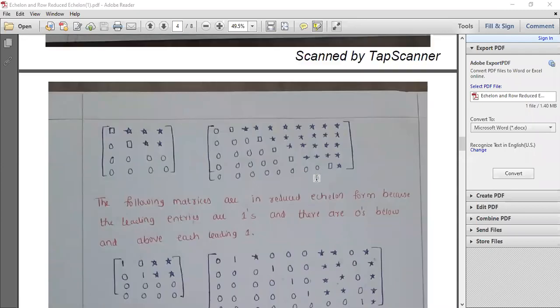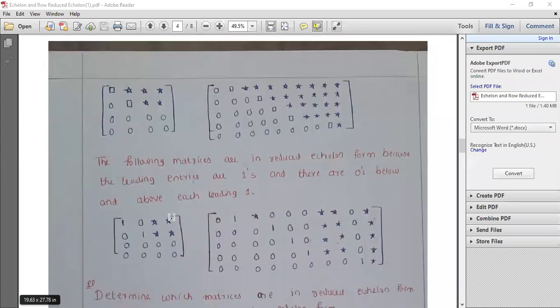Yeah, Karthik. Whenever you are talking about the echelon form, these square boxes you are observing here may be any numbers. They are leading entries. They may be any numbers, but they should not be 0. That's it. And the stars may be any number including 0, in case of echelon form. And in case of reduced echelon form, the leading elements are already given as 1, so there will be no square boxes. The remaining star elements, as usual, may be any numbers including 0.